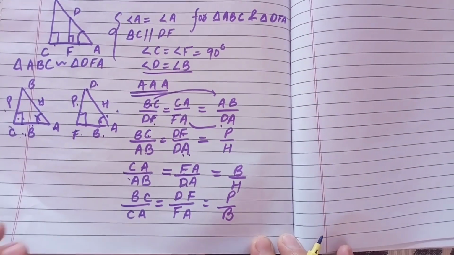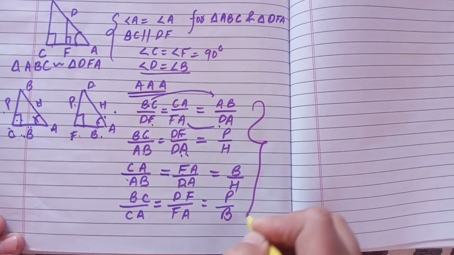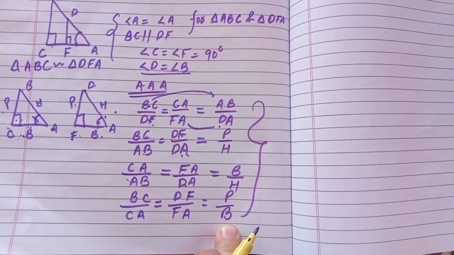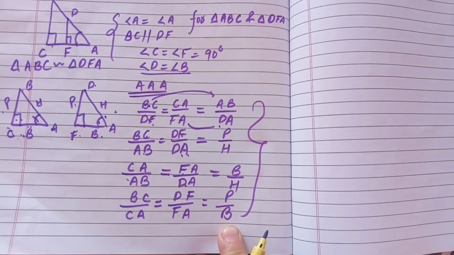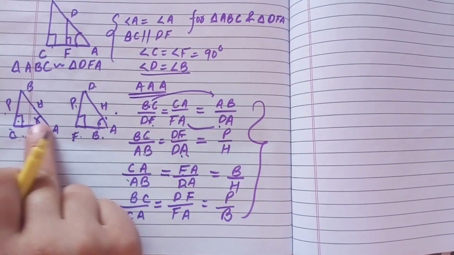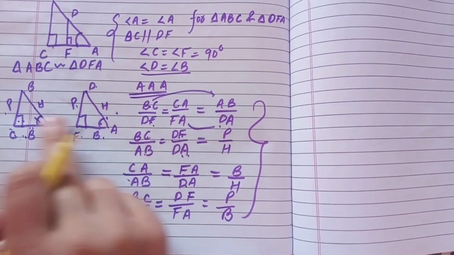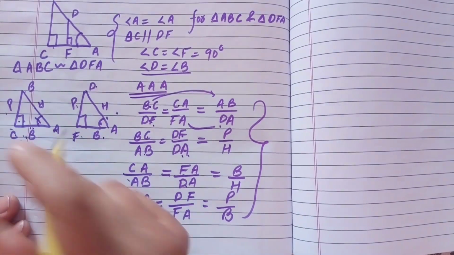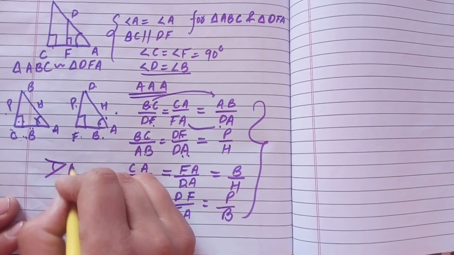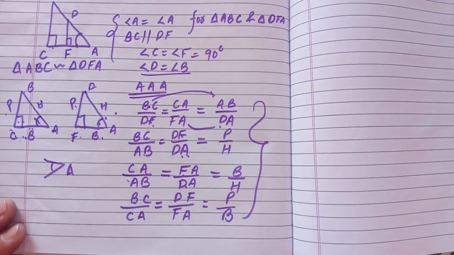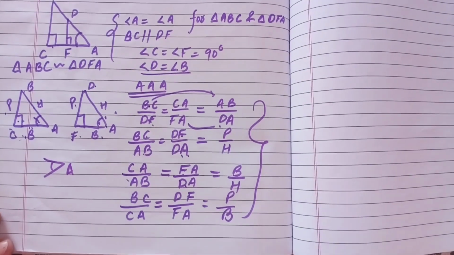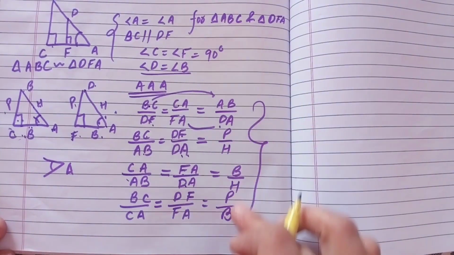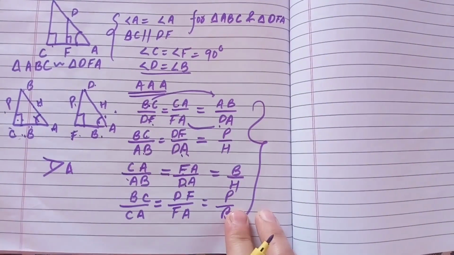So you can see all these ratios are the same, because the similarity of triangles says that if two triangles are similar, then the ratios should be equal. It means that if the angle is the same, the size doesn't matter. If angle A is the same, then the ratio of the corresponding sides is proportional, the ratio of the corresponding sides should be the same. So we got all three ratios of sides.